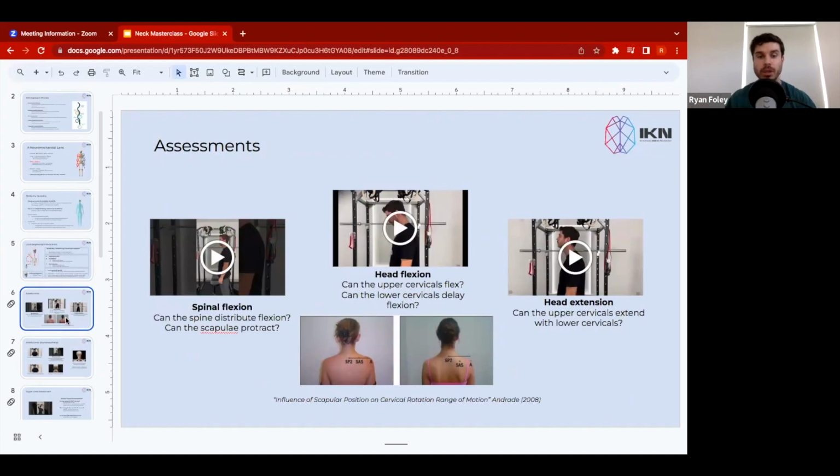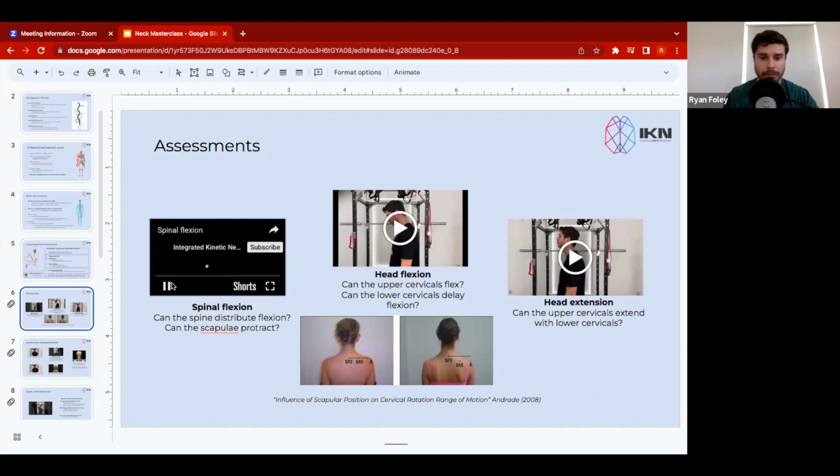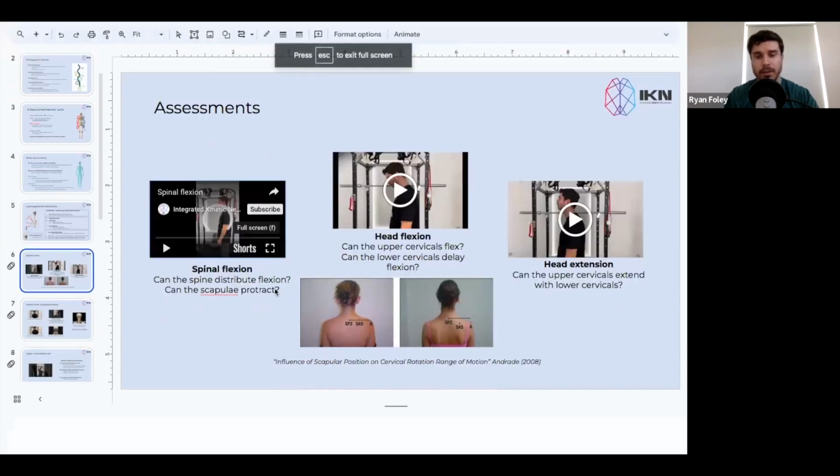Okay, so let's look through some assessment strategies. Now we're going to look at the assessments within the sagittal plane first. Now, we like to look at spinal flexion initially. Spinal flexion gives us a nice representation of how the entire spine is distributing flexion. Okay, so we'll pull up the video here so you can see that,